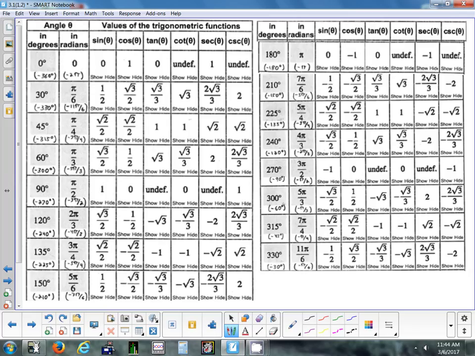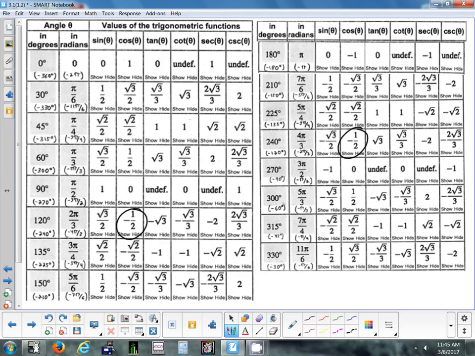How many rows in the table had a negative 1/2 in them for cosine? 2. We get negative 1/2 there,